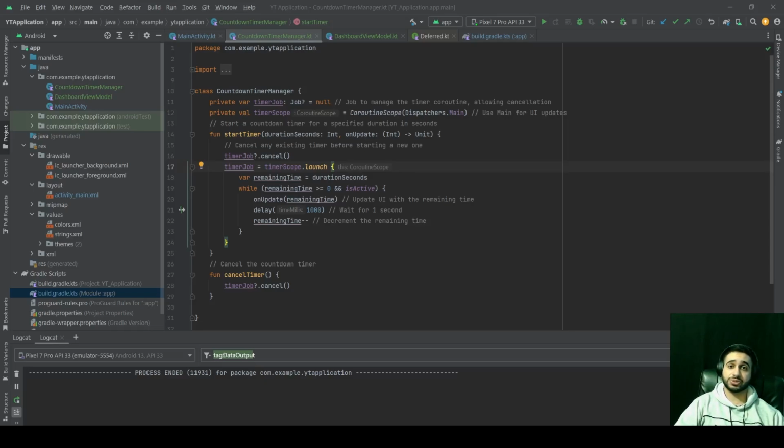Jobs are also used with user-initiated actions. When a user interacts with an application, for example, clicking a button to fetch data, jobs control the execution of these actions, allowing them to be cancelled if the user decides to cancel the operation or navigate away